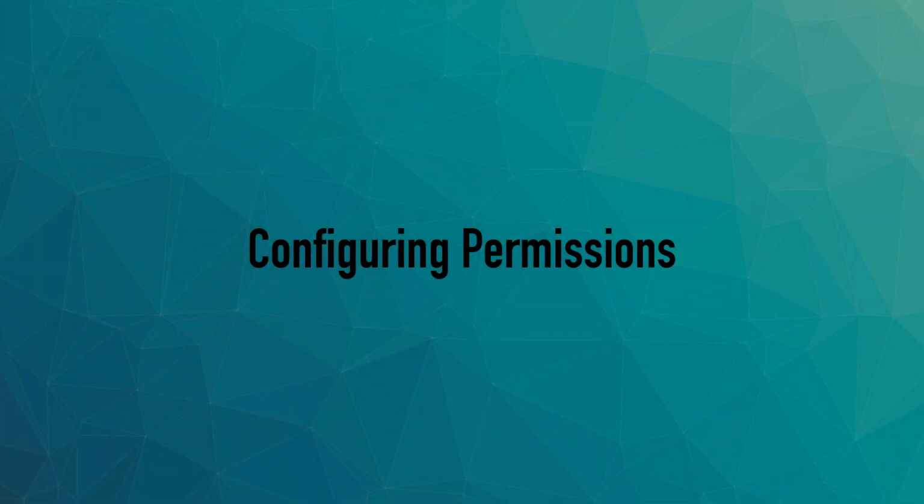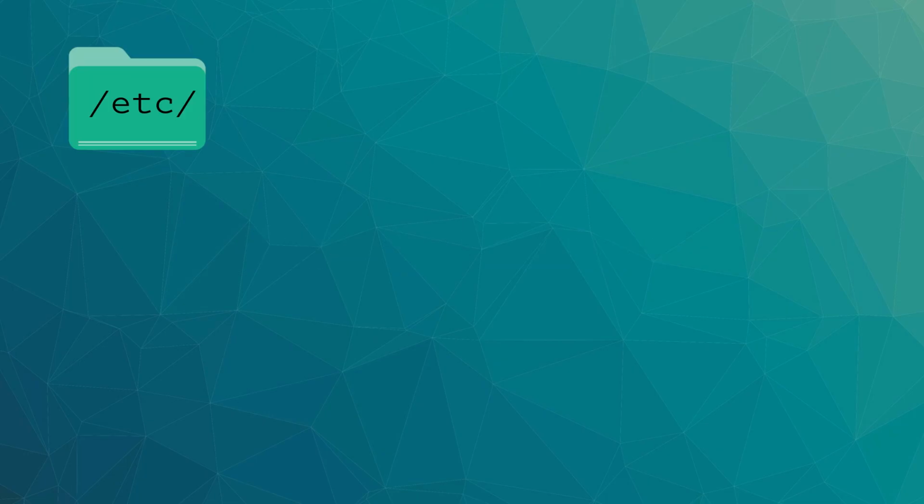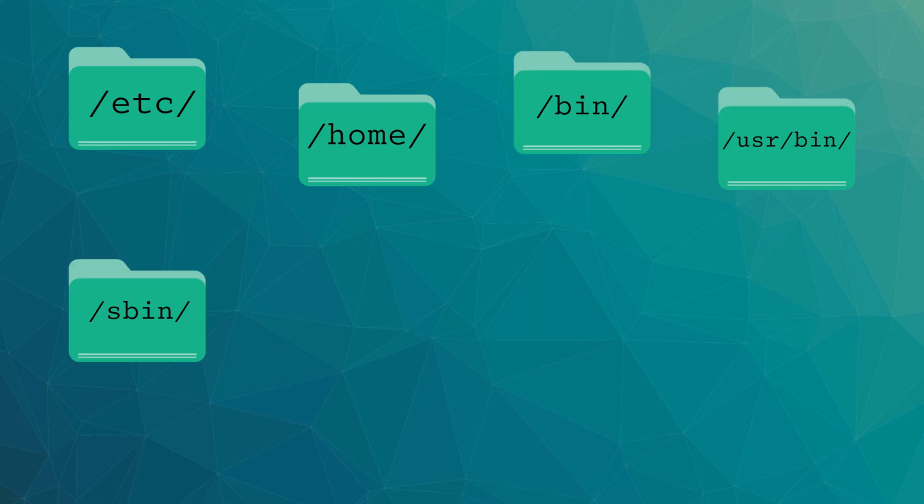As a final note, it is useful to understand where permissions and ownership tend to be important and intentionally defined in Linux systems. Configuration files such as /etc contain system-wide settings and are generally readable but not writable by regular users. Home directories contain user-specific files, settings, and configurations and should be protected from other users while maintaining access for the owner. System binaries, /bin, /sbin, and /usr/bin, are executable files and need proper permissions to prevent unauthorized modification